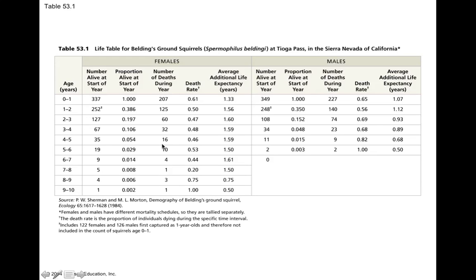We can see that the rate of deaths occurring tends to drop from year to year. So if they can survive through the first year, they're likely to make it to the second year, and so on and so forth. And we can take this tabular data and make a graph,